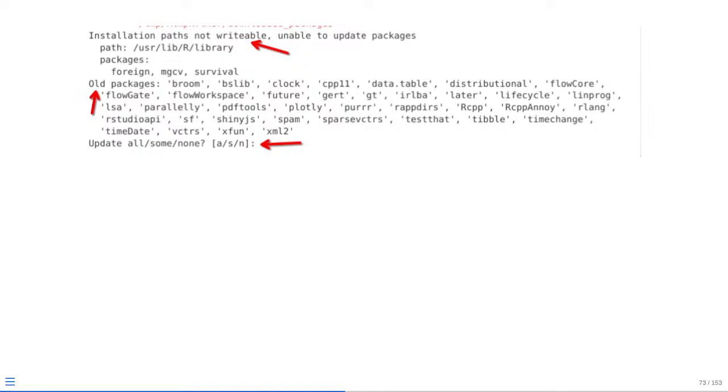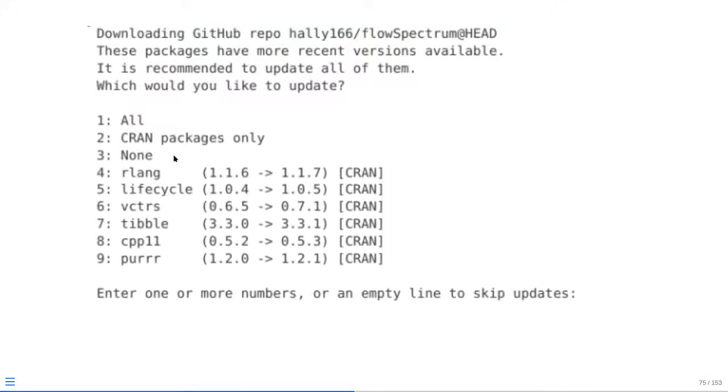Now, occasionally when you're downloading a lot of packages, you'll get a little pop-up that says, hey, some of these packages have new versions. Do you want to update these packages? And then it gives you the options of update all, update some, or update none. If you're downloading something from GitHub, it will look slightly different, but it's kind of similar in that it'll give you a numbered list corresponding to particular options, and then you need to specify the number that you want to use